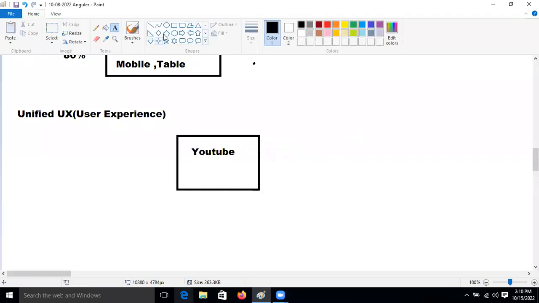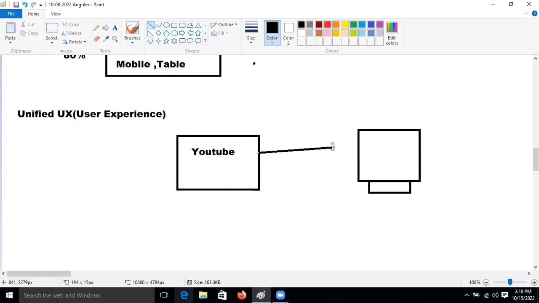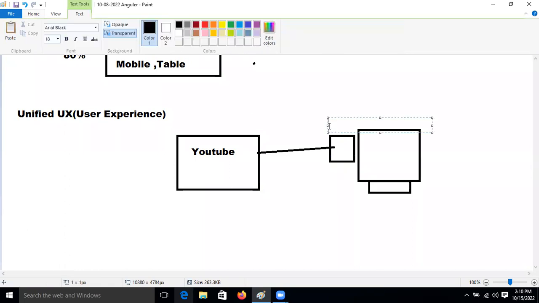Whenever we use YouTube on the computer, in the browser, we are watching YouTube inside the browser.